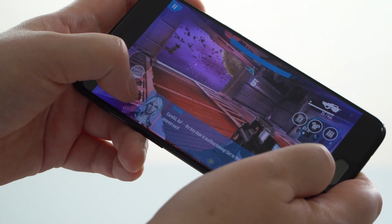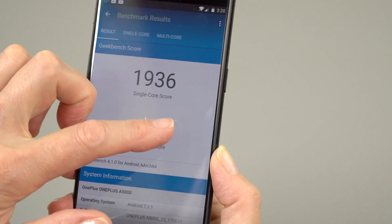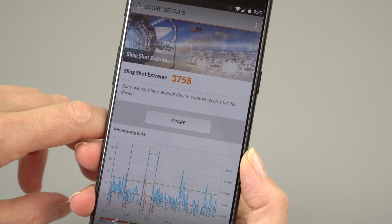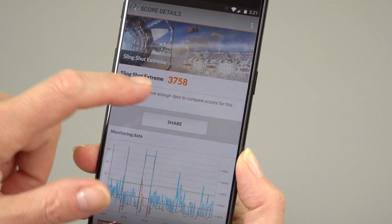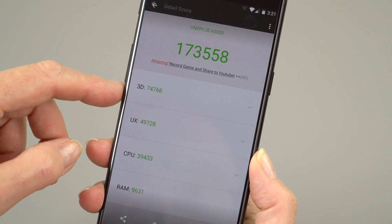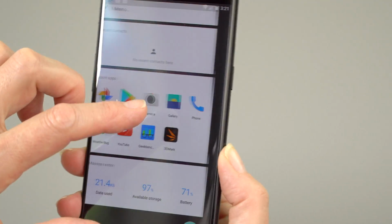I'm still going to show the benchmark scores. Even if you subtract 5%, this is still very respectable. By the way, we got 3DMark here, and they don't actually game 3DMark at all. So that's just straight normal running for the CPU and the GPU inside the phone. It's a fast performing phone. This is AnTuTu right here. It benchmarks very well. And like I said, even if you take out that 5%, it's fast, it's fluid,